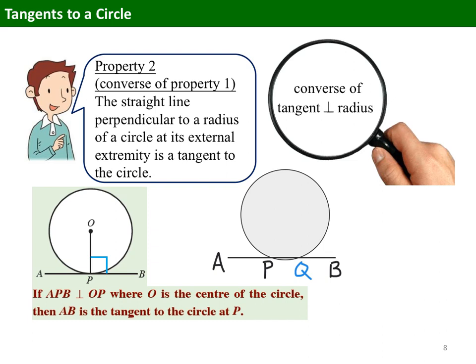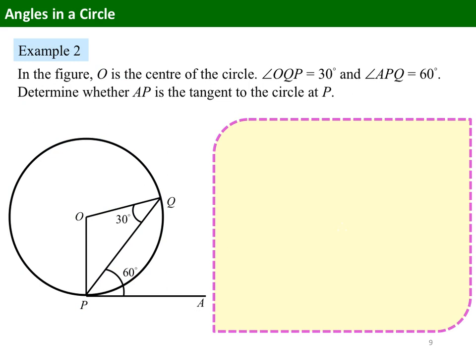So we cannot just say a straight line is a tangent by observation. We must use a property. In this property, we only know OP is radius, and there is an angle of 90 degrees. And then we can make a conclusion. This straight line is tangent, because this is converse of tangent is perpendicular to radius. With example 2,